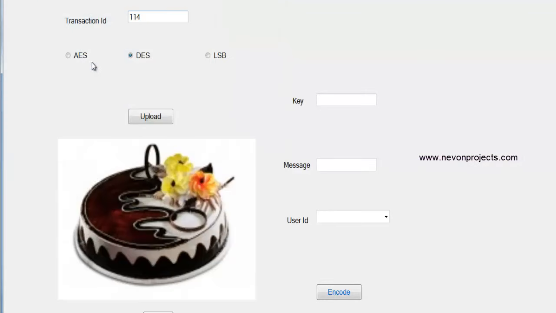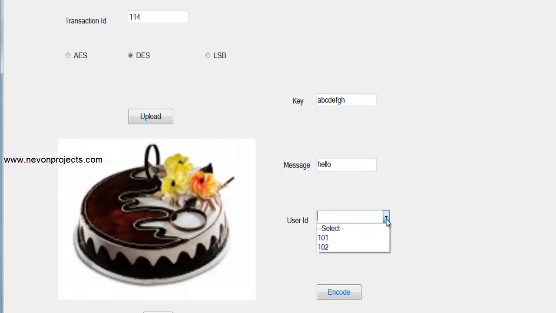That is the image with which you want to hide the data, and here you need to enter the key, which will be only 8 characters, which means your key should be only 64-bit. And again you need to select the user ID.